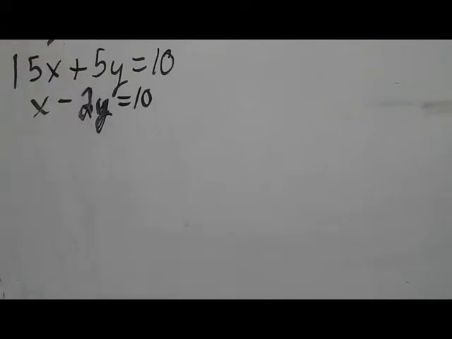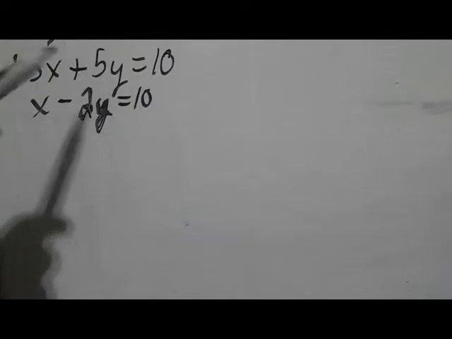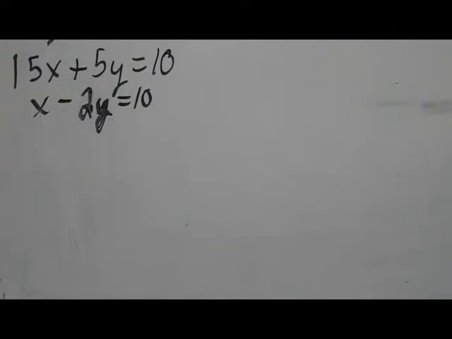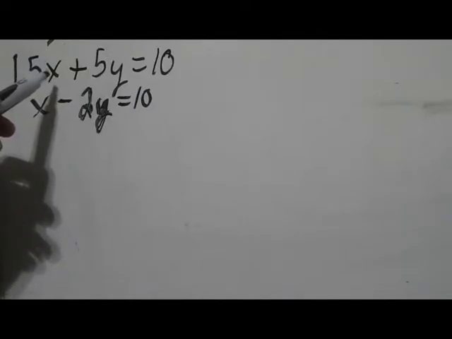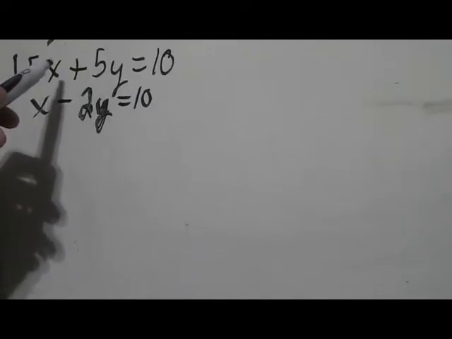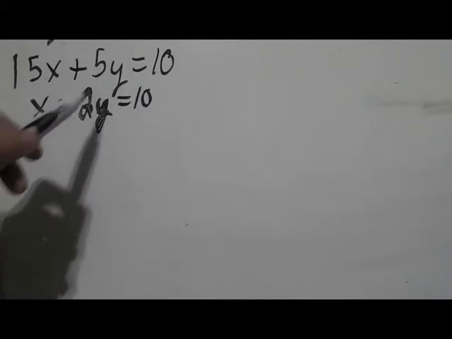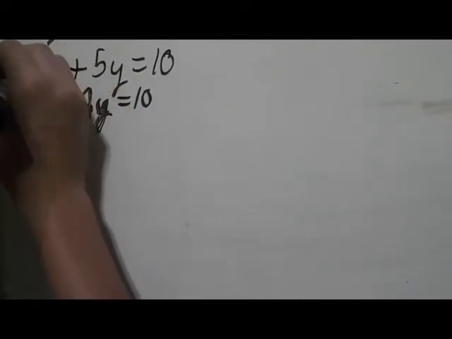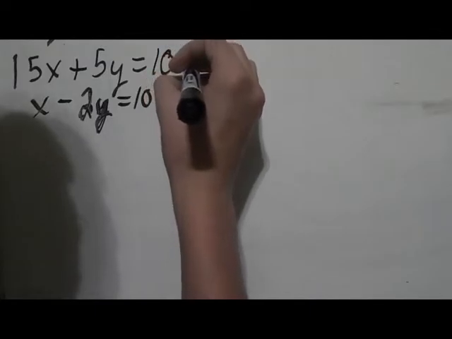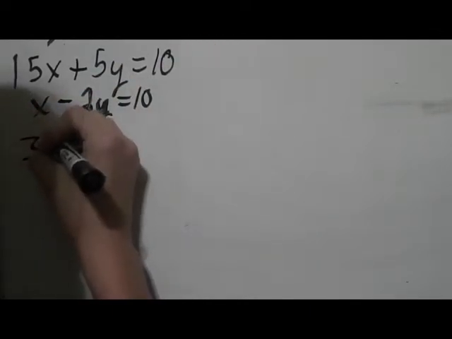So that's pretty easy. We can see that a common multiple of 5 and 2 is 10. So if we multiply this top equation by 2, then we get 10. And if we multiply this by 5, we also get 10 for the y values. So let's go ahead and do that. We're going to multiply this equation by 2. That will give us 30